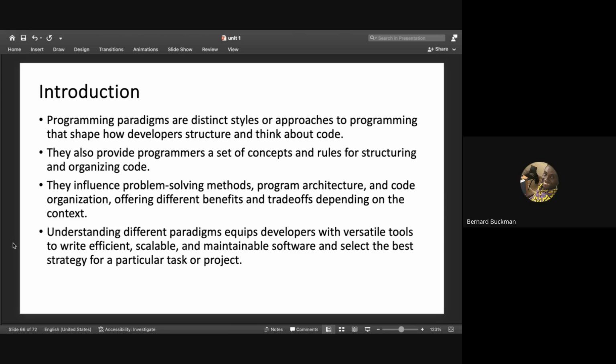Now the paradigm or even the type of problem influences the programming paradigm. For example, if we have a problem that we need to solve on the web or the internet, we might decide to design a website, or we might decide to design something called a web app. Those things influence the kind of programming language, the kind of programming structures, the kind of things we can use in our software development. That's what we mean by the programming paradigm.